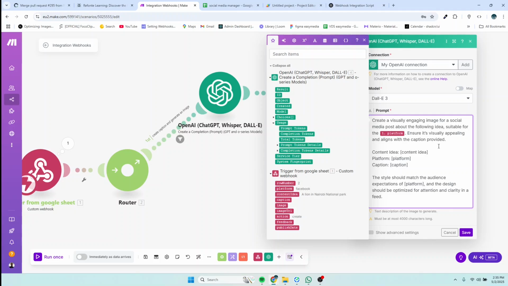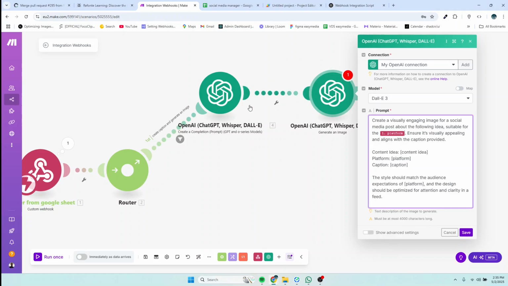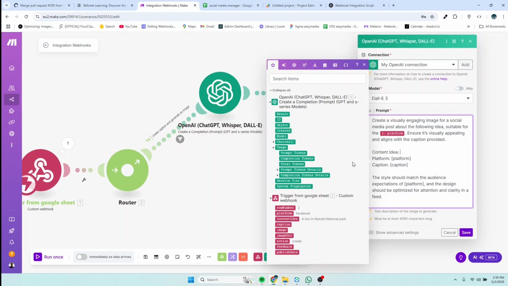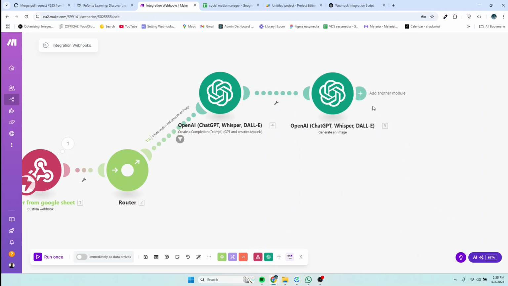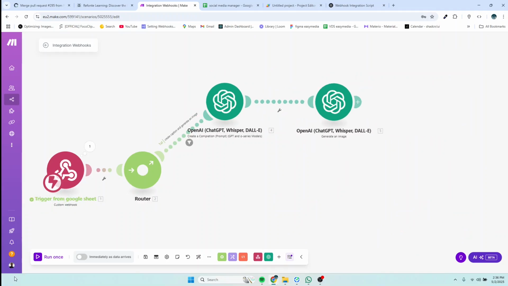Caption is supposed to come from this other AI. So we shall fill that later. So content idea, of course, it's coming from the Google Sheet. Platform is coming from the Google Sheet, so just select platform. Caption is not yet there, so just save. And at least run our data again. So let me just zoom back. So run once